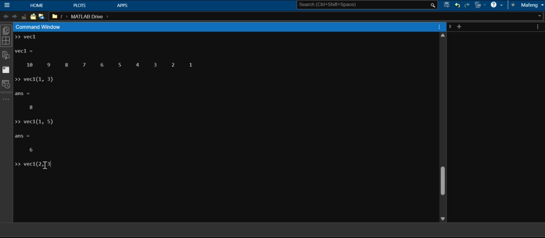If you pass in 2 here, for instance, there is no second row. Index in position 1 exceeds array bounds, right? Index must not exceed 1 for a row vector, right? It must not exceed 1 because you have only one row. You can't access a second row. Okay. So for vector 2,